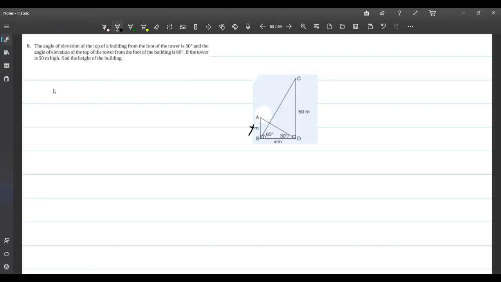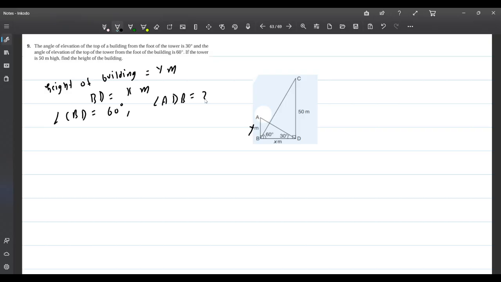So let height of a building is y meter and BD is x meter and angle CBD which is equal to 60 degree and angle ADB which is equal to 30 degree. So in a right triangle CDB